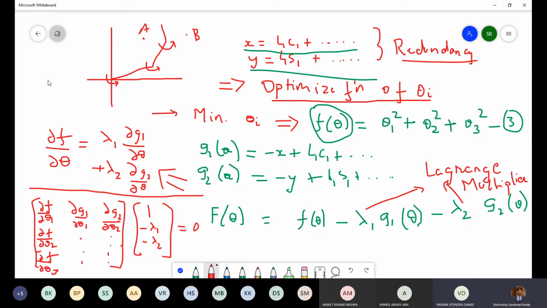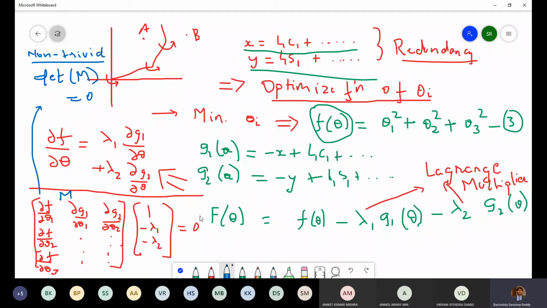Correct. So the determinant of this has to be 0, right? Non-trivial solution. The determinant of this matrix, let us call this some M, has to be 0.